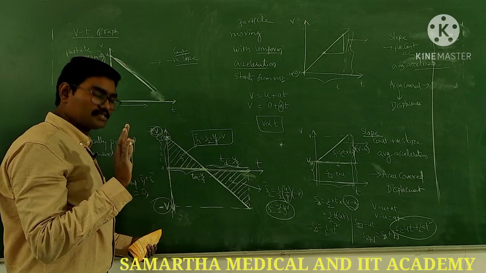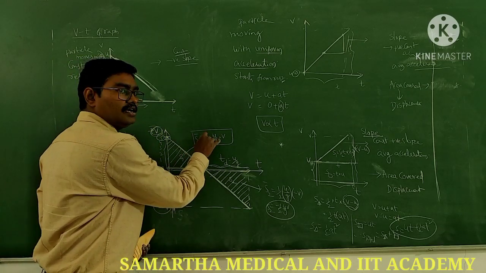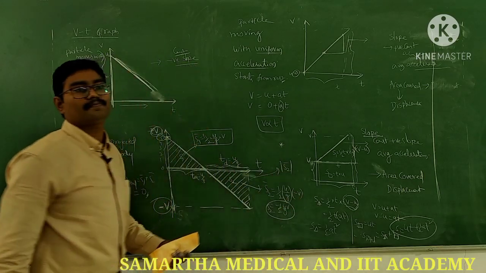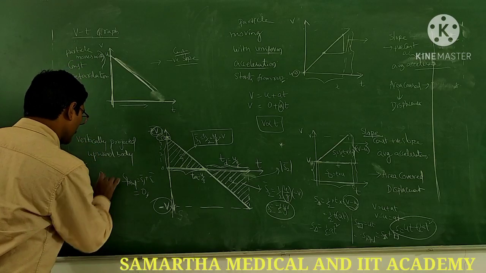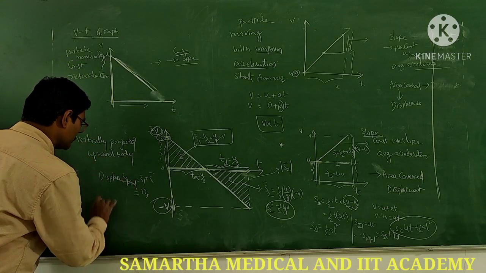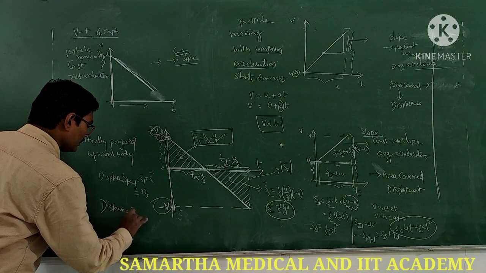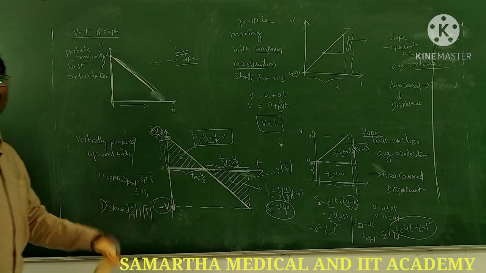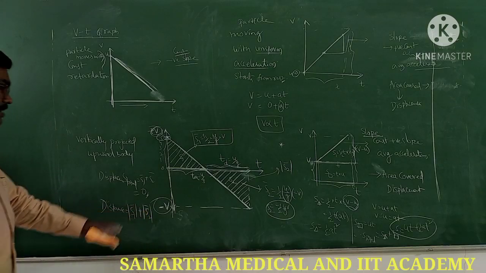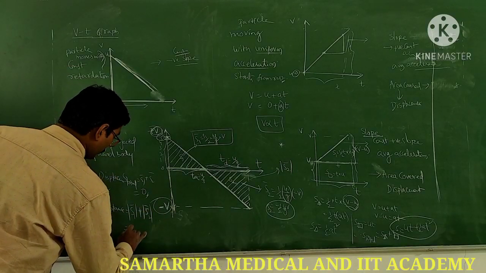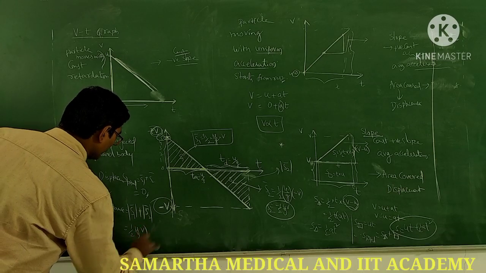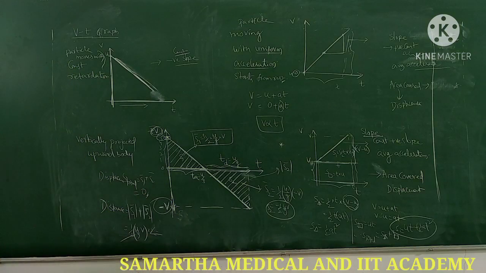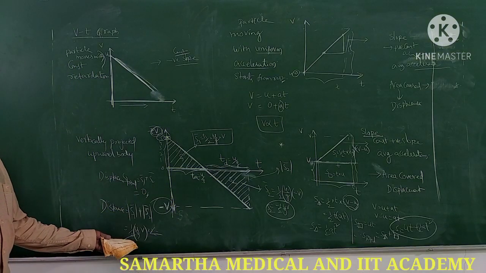Distance can never be a negative quantity, it is a scalar. So here you got a positive value, and here S2 you got a negative value. You have to take the modulus of S2. Displacement is this. Distance, if they ask, is modulus S1 plus modulus S2. No negative value, only positive value. So what will you get? 1 by 2 u by g into v, 2 times. Like that it will come. Okay, now understood? Clear?